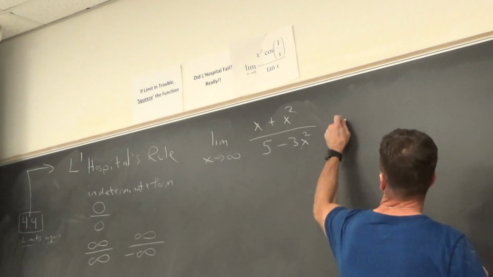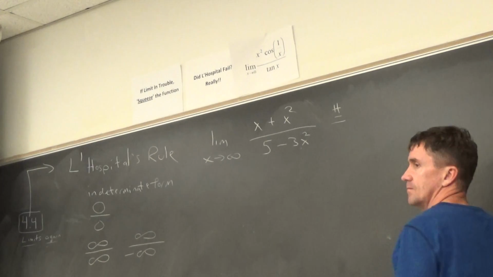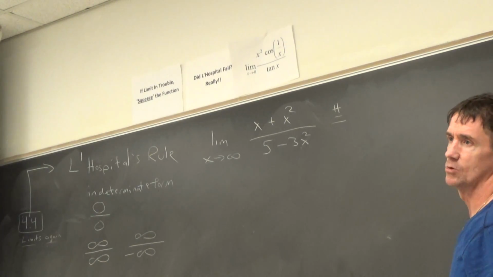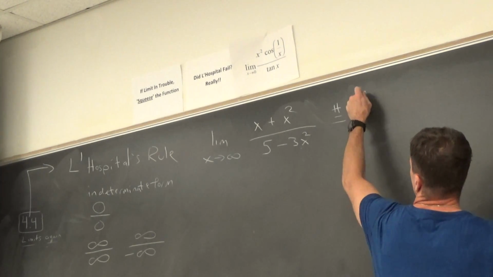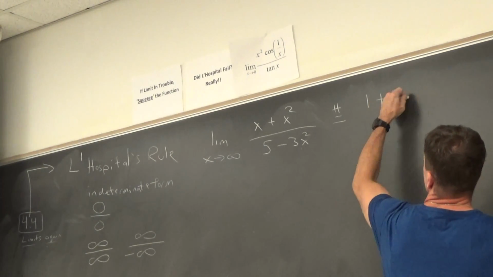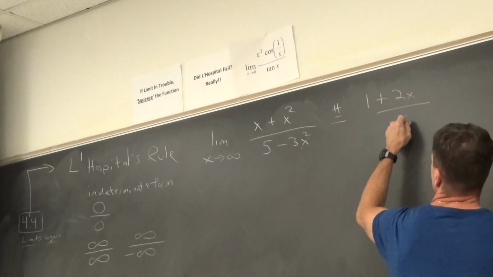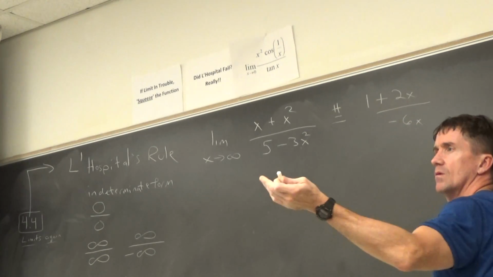So what can I do? Some of you might already have beaten me and just used the horizontal asymptote on this. I'm going to keep going. What's the derivative? 1 plus 2x, over minus 6x. Now, again